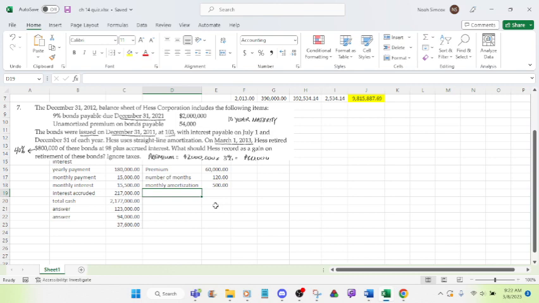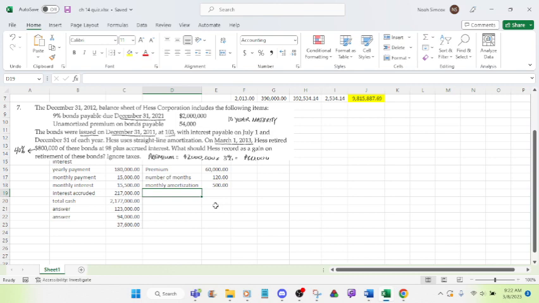They didn't really need to. They could have just told you. They really didn't need to show you the unamortized premium of $54,000 right there. But anyways,